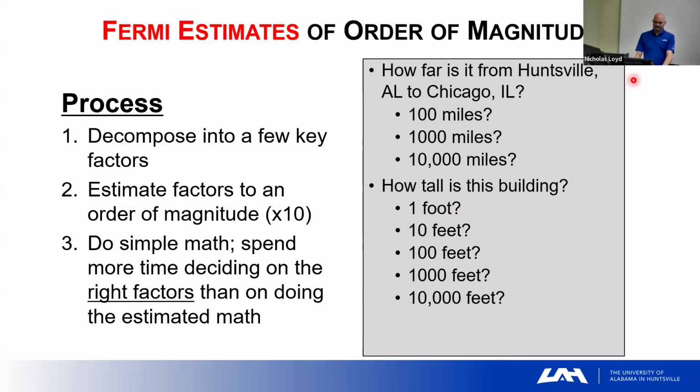So in other words, by a factor of 10 would be, can I choose the right answer very quickly here? How far is Huntsville, Alabama from Chicago, Illinois? Is it 100 miles, 1,000 miles, or 10,000 miles? If you had to pick one, which would you pick? 1,000. It's not 100, 100 miles is not very far. It's not 10,000 miles, that's 3 times the US. So 1,000 may not be exactly 1,000, but that's the closest within a magnitude of 10.